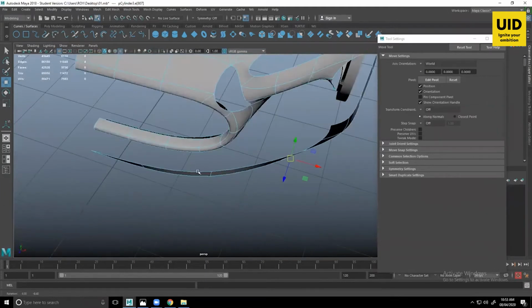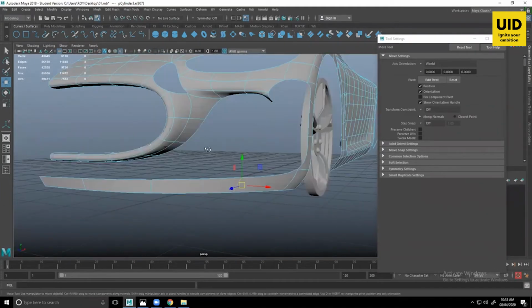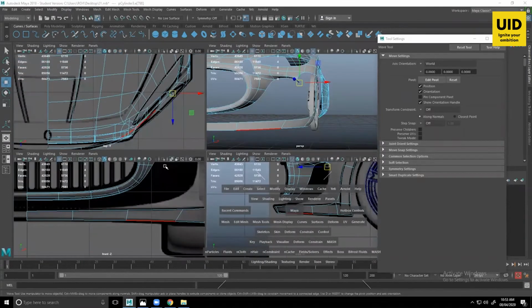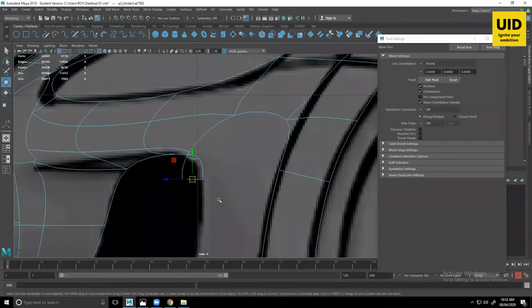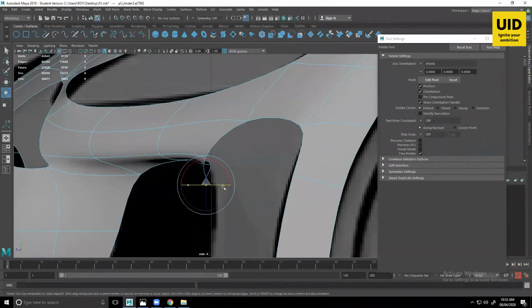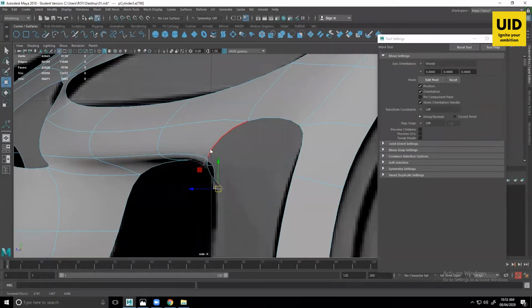Okay, seems fine. Okay, let's continue this edge. Check it from this side, press 5, and rotate this outward.